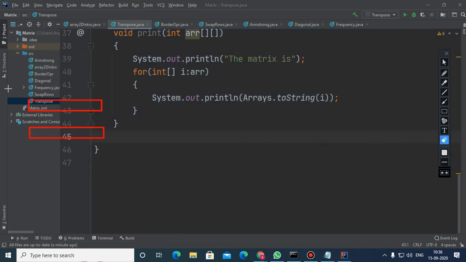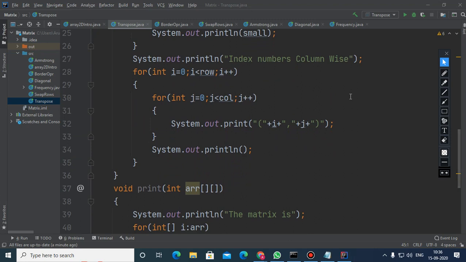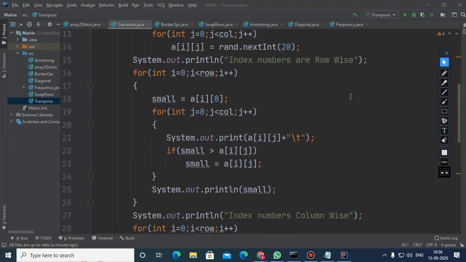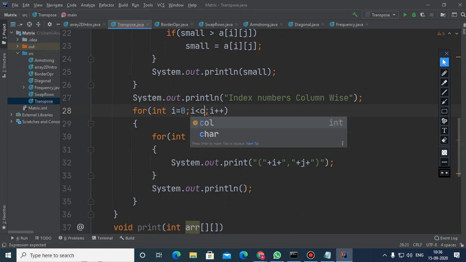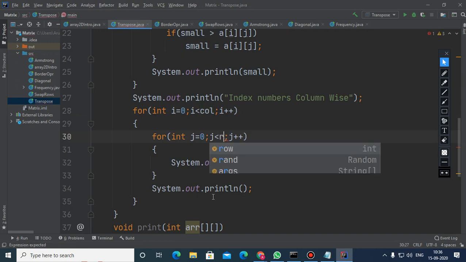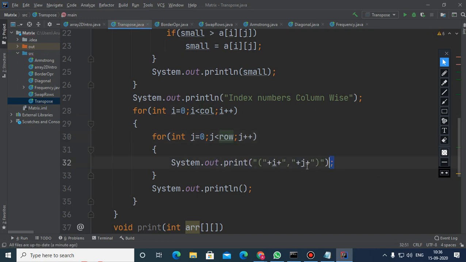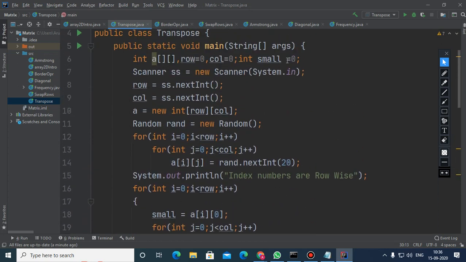Now children, what I want to do is find out the largest from each and every column. And remember, in order to find the largest from each and every column, you need to traverse the matrix column wise. So for column wise, you have to write this. I told you earlier also. And the first element of every column I have to consider as large. So I will be needing a variable which is large.